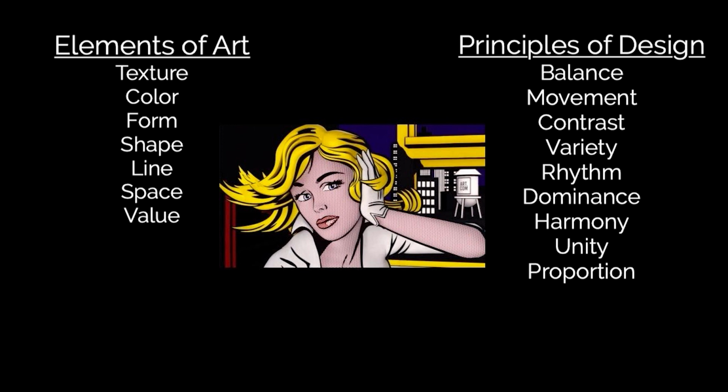I could also say that there's a variety in color as we're looking at a few different colors there, the primary colors specifically, red, yellow, and blue. I could argue that there is rhythm in shape. If I look in the buildings in the back, I can see that the windows are repeating, creating a bit of a rhythm. I could argue that there is balance in space because she is taking up the left-hand side of the piece, but there is a lot of background artwork that is allowing your eye to move over to the other side too and not just stick on that left side.